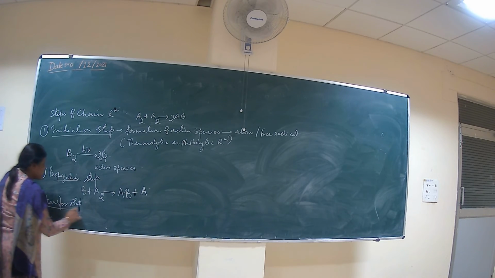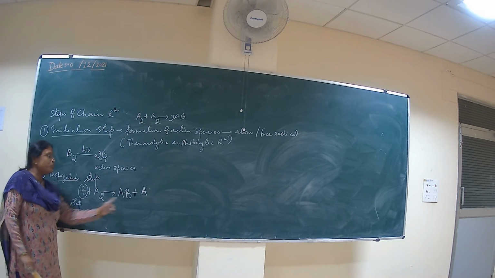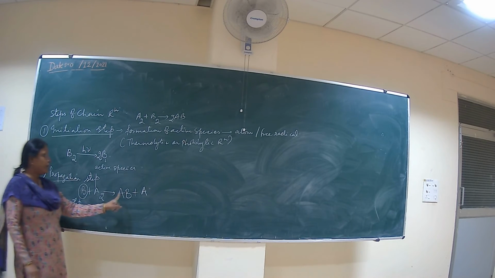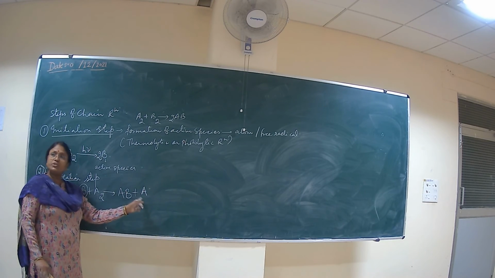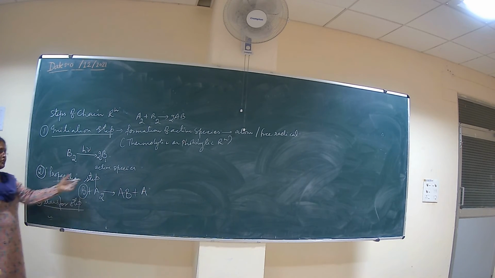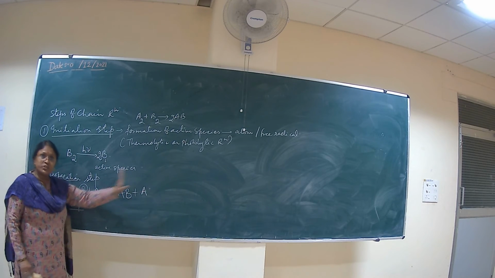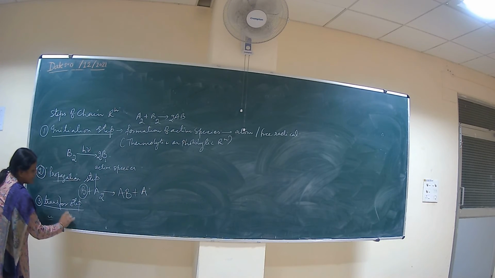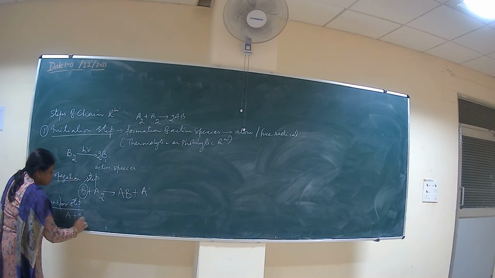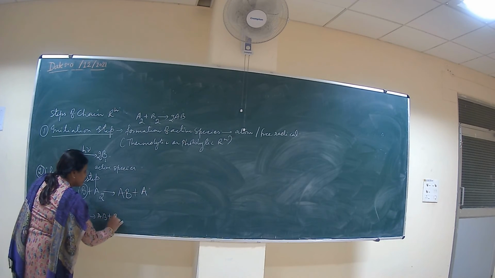तो यहाँ पर transfer step में जो हमारा chain carrier है that is transferring from B to A, है ना? B जो है ये हमारा A से react कर रहा है, AB का formation हो रहा है, यहाँ पर हमारा active species क्या है? A. So in the chain transfer step, the propagation is transferred from one active species to another active species. So chain transfer step में जो reaction start करेगा वो कौन करेगा? A करेगा. A reacts with the B molecule and there is a formation of AB plus B.